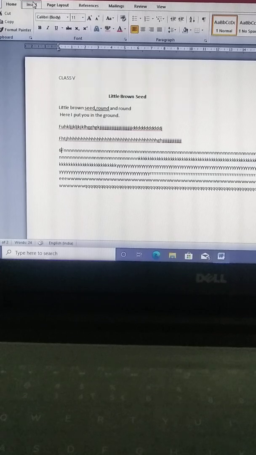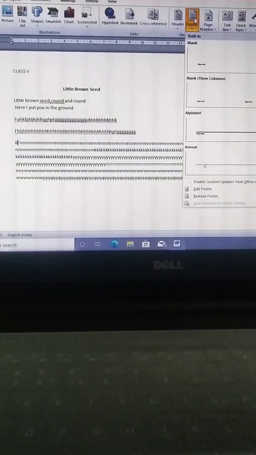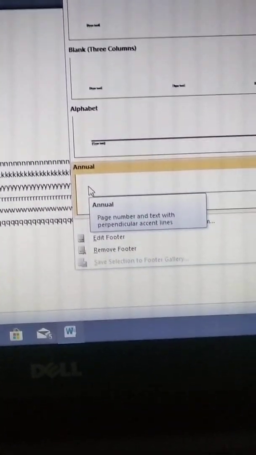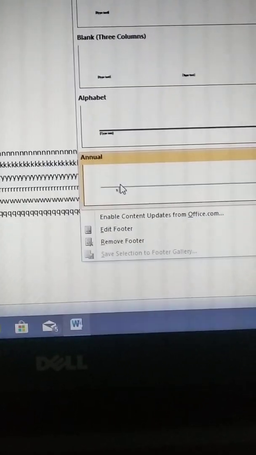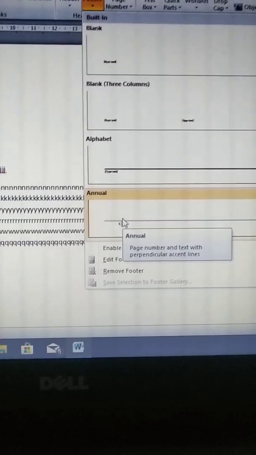You can again choose the insert tab and then go to footer. There are many options here, you can see: blank, alphabet.